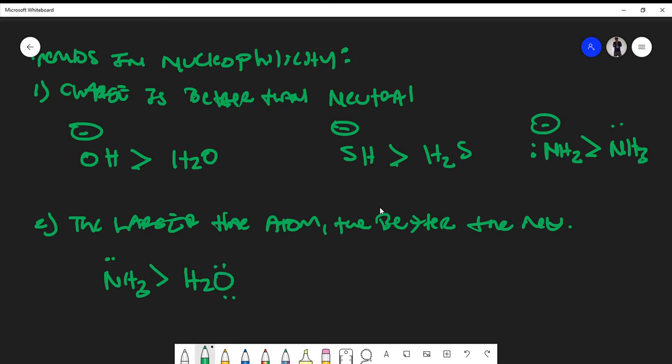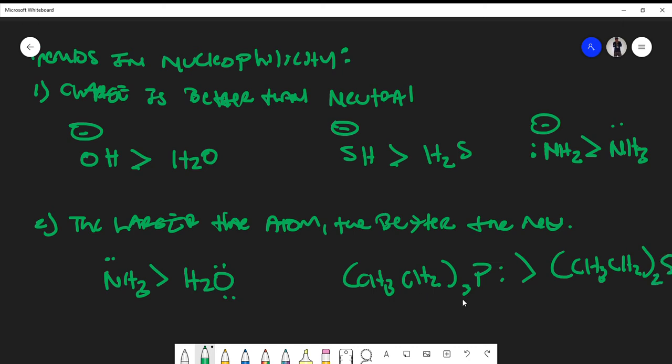Again, this is going back to general chemistry. When you look at the periodic table, you should be able to tell which atom is bigger. In this case, nitrogen is a bigger atom than oxygen. So the atom size is also important. In other words, we could also say that CH3CH2 3 phosphorus is better, or essentially a better nucleophile than